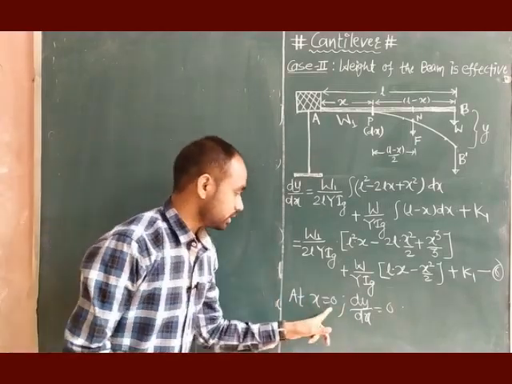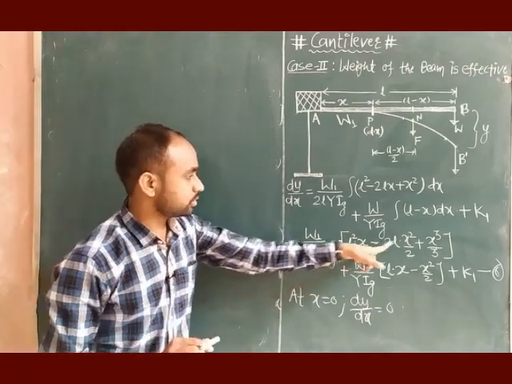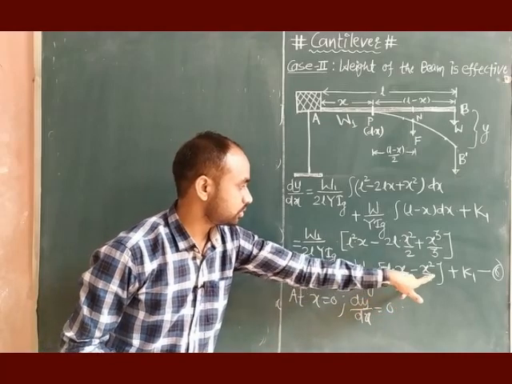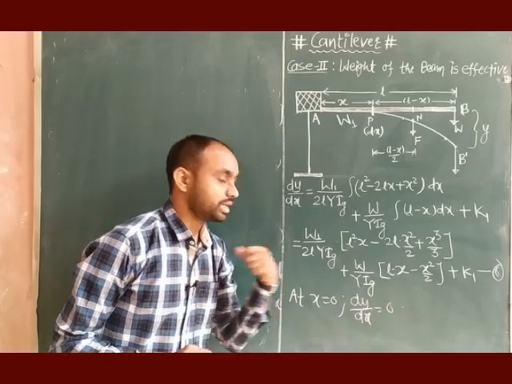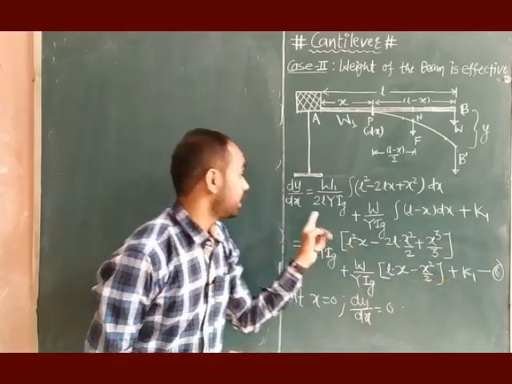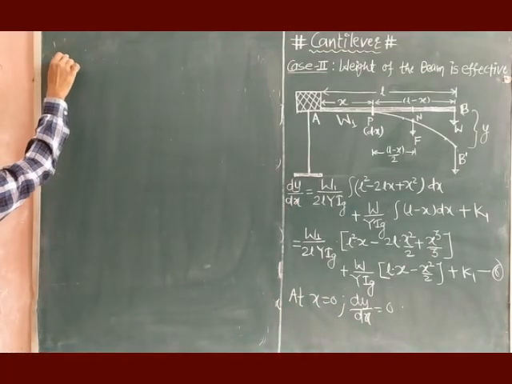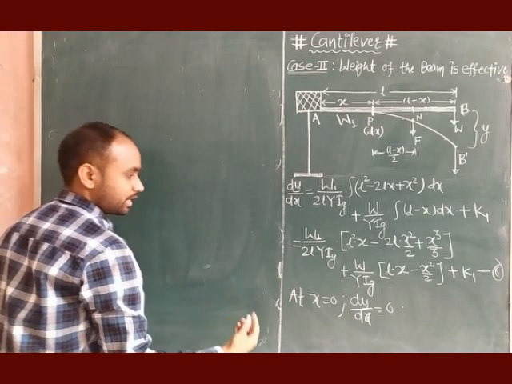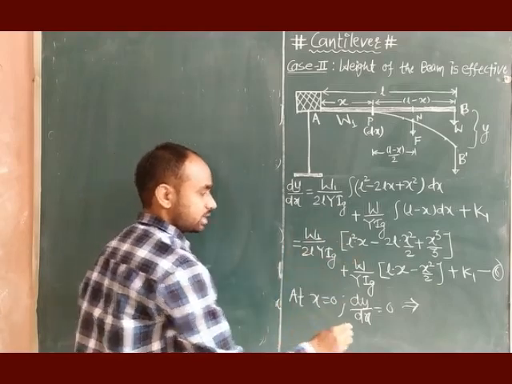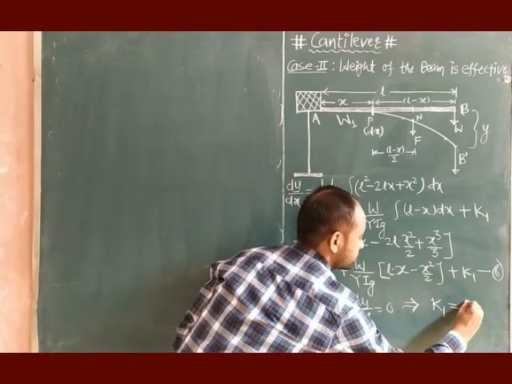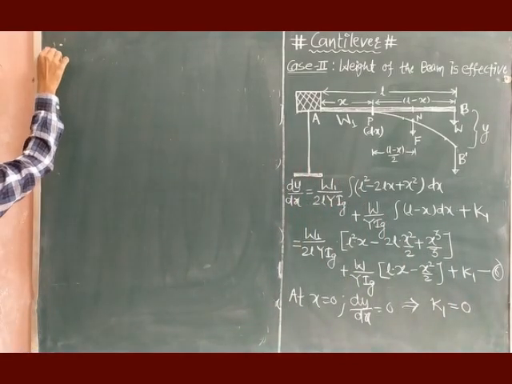Now see, at this boundary condition x is equal to 0. So almost in all terms we have x. So x is equal to 0 here, and here also x equal to 0. That means this bracket is 0 and multiplied by anything is 0. This bracket 0, multiplied by anything 0, and plus k1 only. And the left hand side at x equal to 0, dy by dx is 0, and therefore let me write directly the value of k1. So if we apply this condition in equation 6, whatever you get, k1 is equal to 0. K1 is equal to 0, and therefore let us write